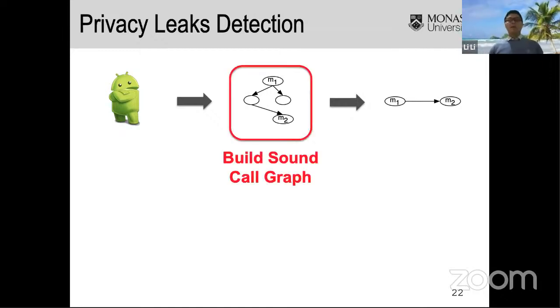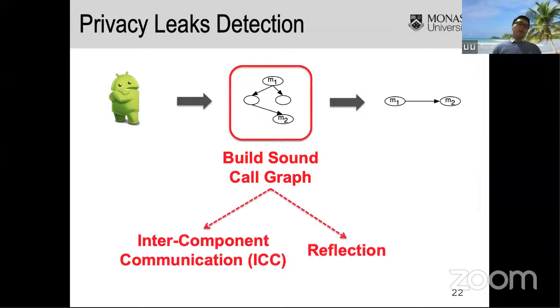But the most important thing in this work is to build a sound call graph, because Android apps have some specific features that keep it from achieving that. Today, I'm going to share two of such features. The first one is the inter-component communication feature. Another one is the Java reflection feature.